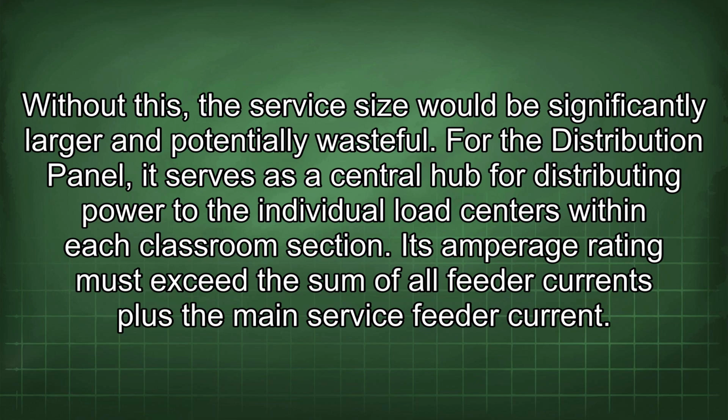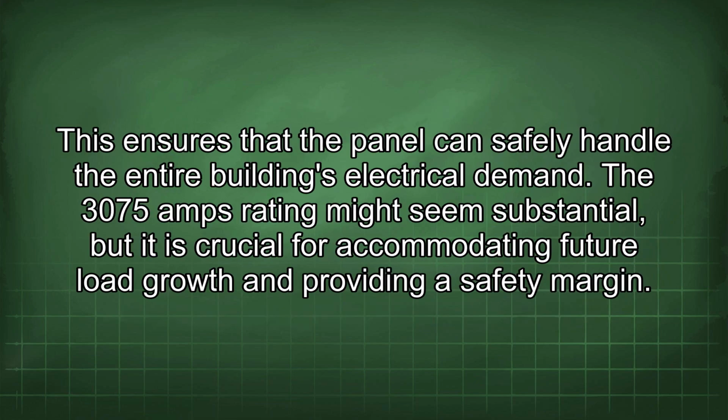For the distribution panel, it serves as a central hub for distributing power to the individual load centers within each classroom section. Its amperage rating must exceed the sum of all feeder currents plus the main service feeder current. This ensures that the panel can safely handle the entire building's electrical demand. The 3075 amps rating might seem substantial, but it is crucial for accommodating future load growth and providing a safety